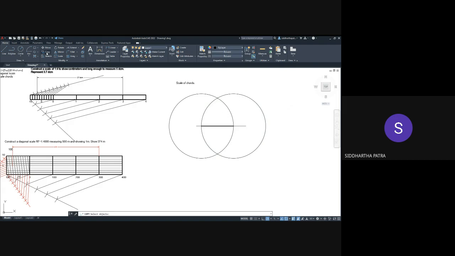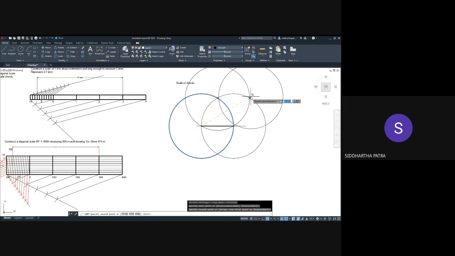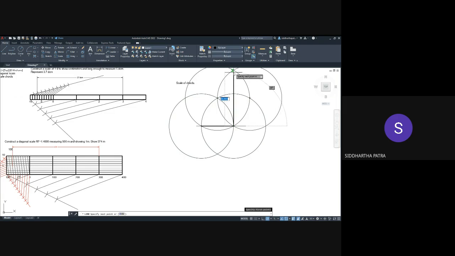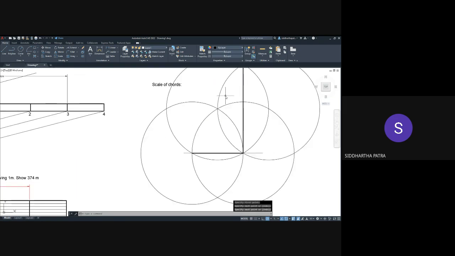But let's say if I make this intercept, I'm supposed to get a 90-degree angle. So basically construct a 90-degree angle,